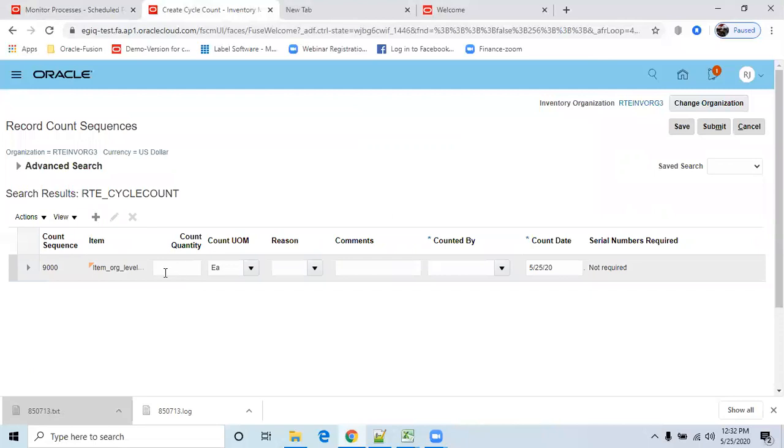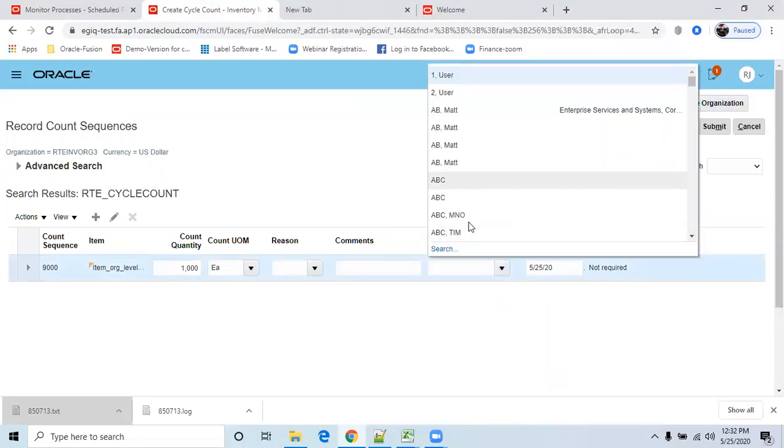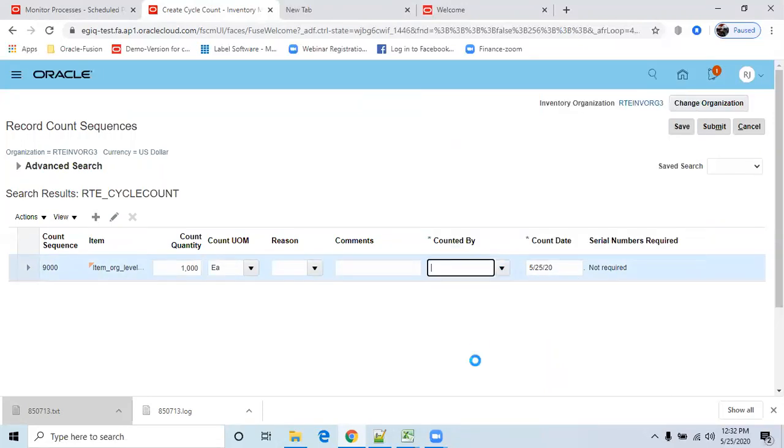So here, the counted quantity for this particular item, what is the counting that has been done? 1000. And who has counted? Some username. Okay. And click on save.